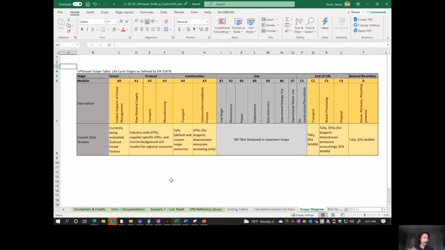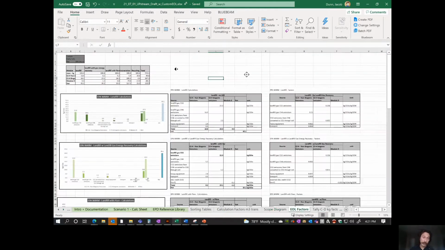And then we have the scope table that shows up in the intro document as a quick reference to what's being declared, what can be analyzed in the tool, and what some of the data streams are that we have in the tool currently. Hopefully that'll evolve as well. We also have some of the more detailed tables. This is the end of life factors